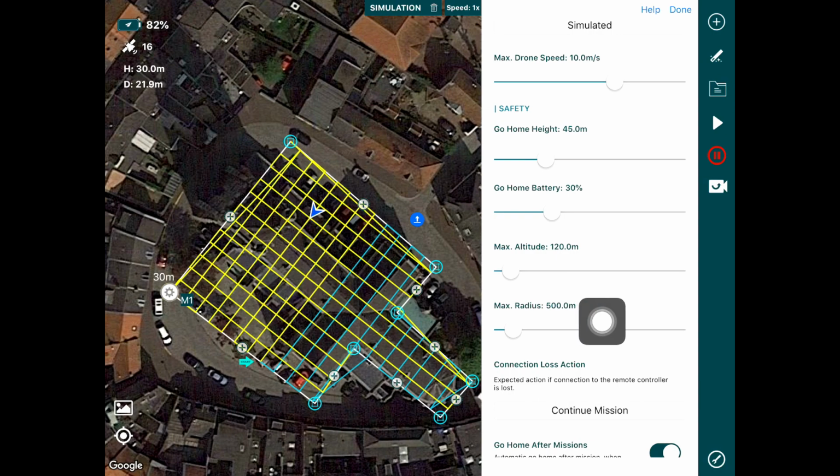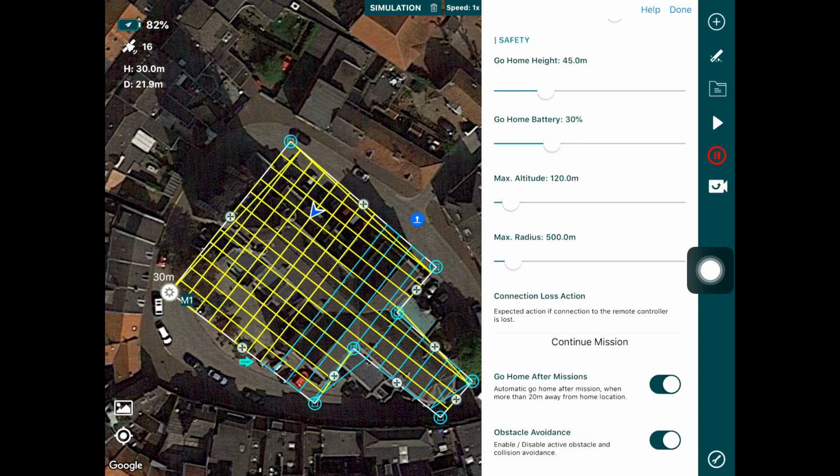And then we've got maximum altitude and radius parameters. So these are essentially just allowing you to use the application based on the country you're operating in. So if your maximum altitude is 120 meters, you can set that as maximum 120 meters, and the drone will never go more than 120 meters. If it is higher for your particular country, obviously we would recommend to make sure that you're following the flying laws in your country and you have the appropriate permissions to fly at a higher altitude. If you have the permissions to fly higher, then you can go all the way to 500 meters, which is what the drone is allowed to go to, the DJI drones at least, and you can even set that as